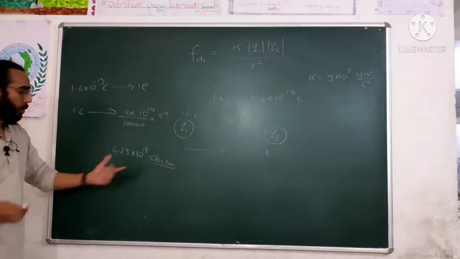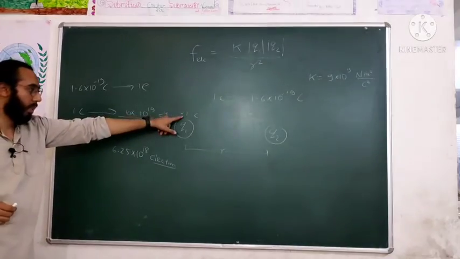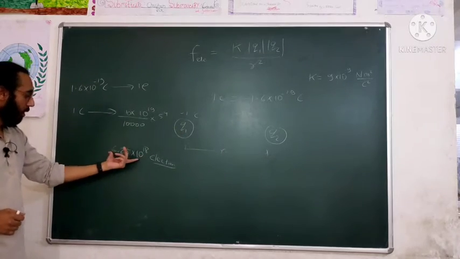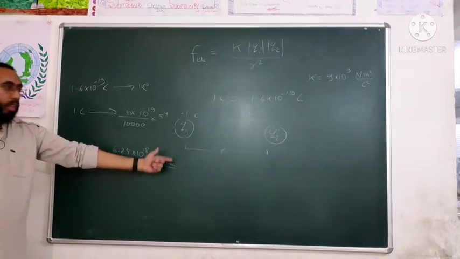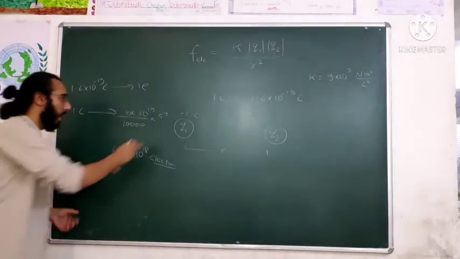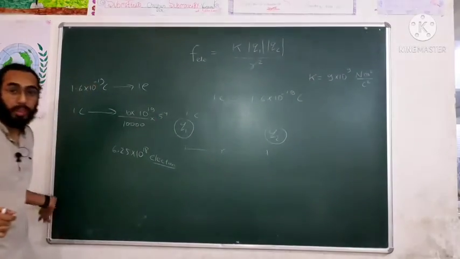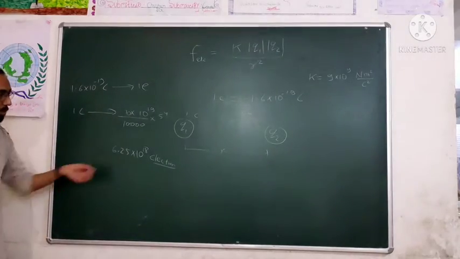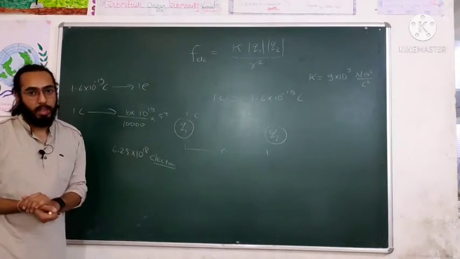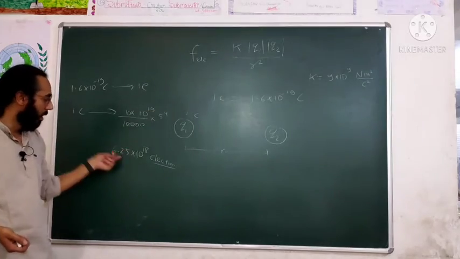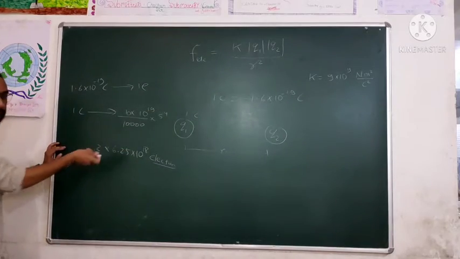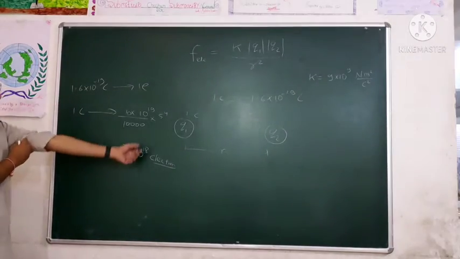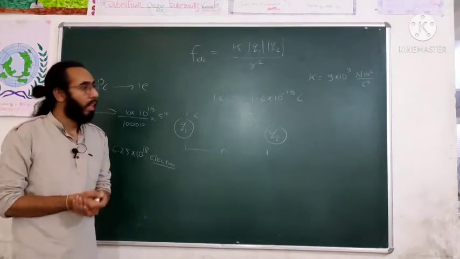So this many electrons are there in minus 1 Coulomb of charge. If I am providing minus 1 Coulomb charge to this point object, I have to provide this many electrons to it. If I have to provide plus 1 Coulomb charge, I have to extract this many electrons from this object, so it will become 1 Coulomb of charge. Similarly, for 2 Coulombs, multiply this value by 2 and we get the answer. I think you all got the point of what the actual value of 1 Coulomb charge is.